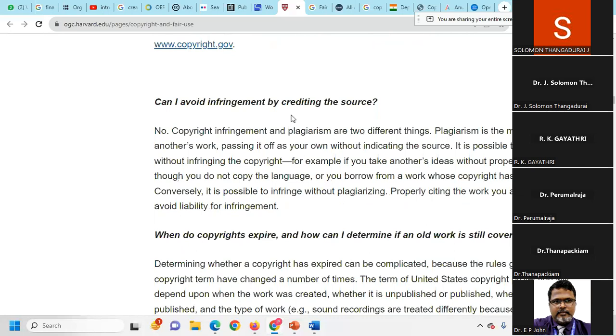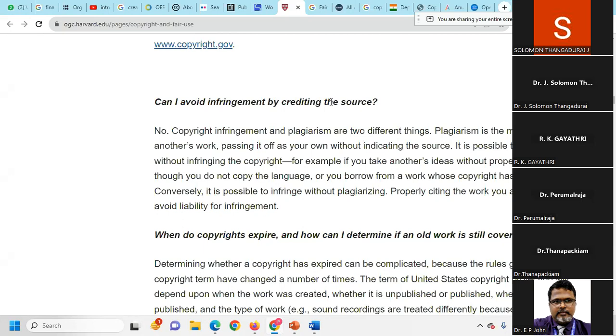See, this is a case I'm telling. There is a difference between copyright infringement and plagiarism. Can I avoid infringement by crediting the source? Most of the time we take an image from somewhere, put it in a website or a PPT, and present it, and then we quote them.